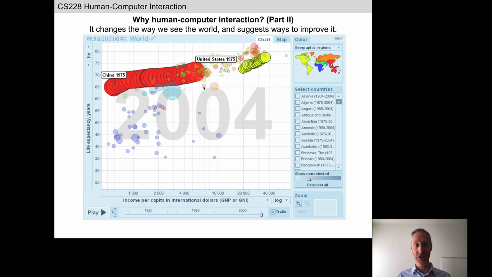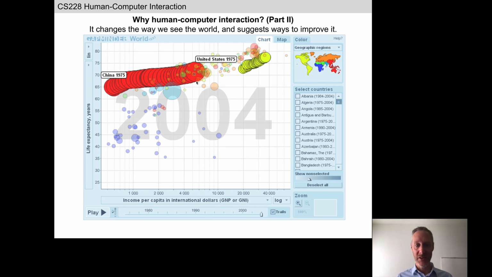China has the biggest circle. The assumption of the person that created this website is that most people would know that the population of China is greater than the United States. So whether you may have realized it or not, there was an assumption on the part of the designer, and hopefully most of you realize that. The colors match the map, that's true. So obviously color represents geographic region, and size represents population.